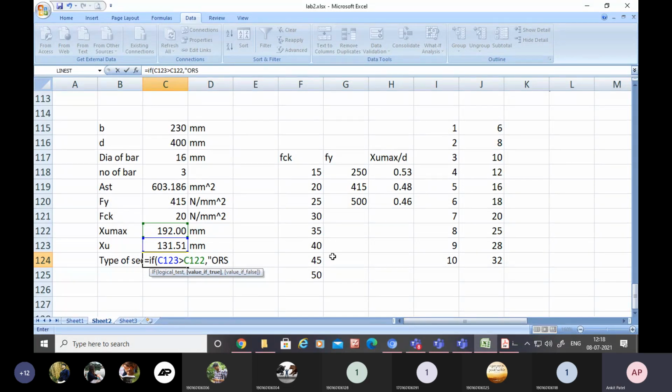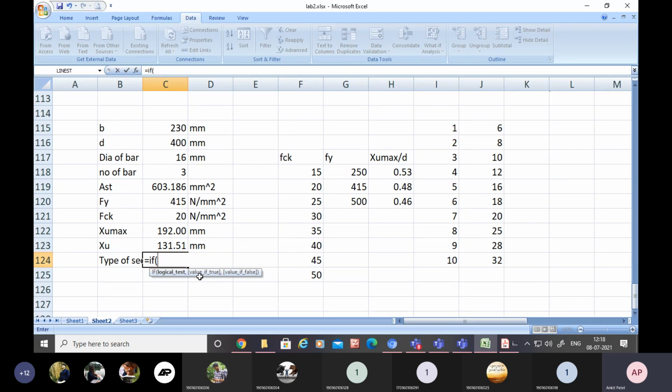Over reinforced section, ORS, comma. Again you can see this formula, if logical test. Then I am going to rub this all and explain again. We have to use the if command, if else.